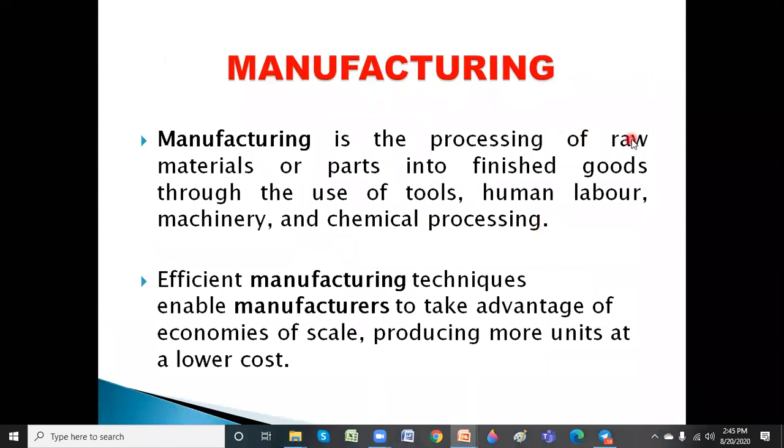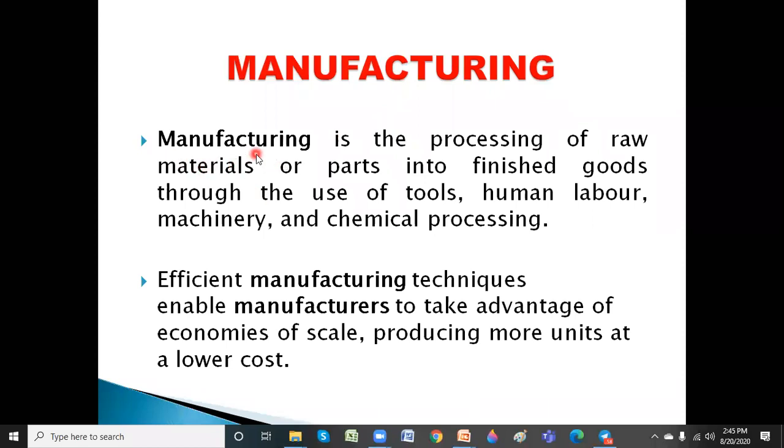Now, what exactly is a manufacturing process? All of you already have some idea about manufacturing processes because you have learned about casting, forming, welding, machining, etc. Those all come under manufacturing processes. So let's have a small introduction about what exactly a manufacturing process is. Then we will go for what is meant by conventional machining processes and non-conventional machining processes, also called modern manufacturing processes.